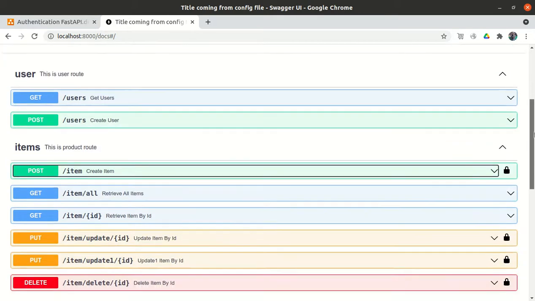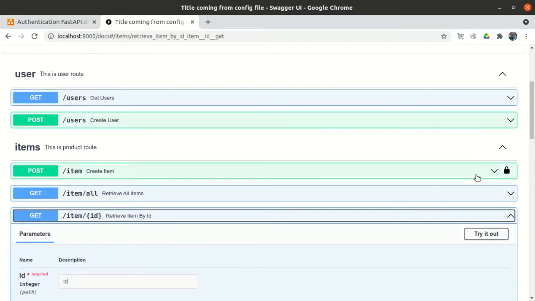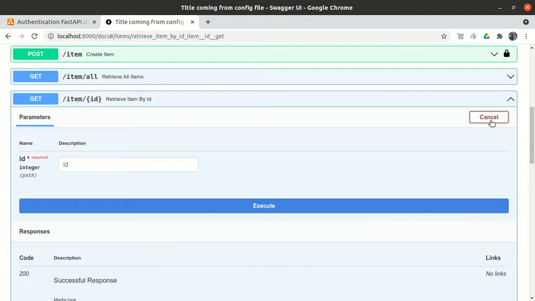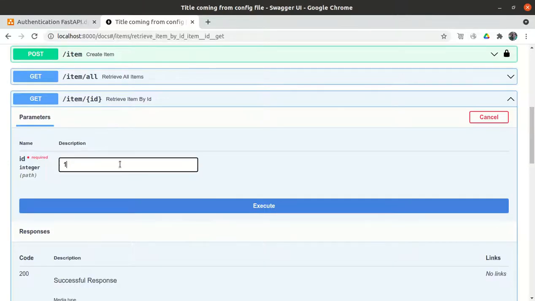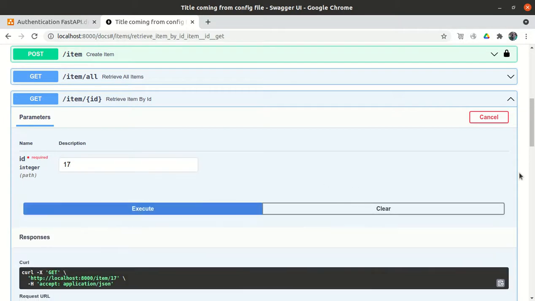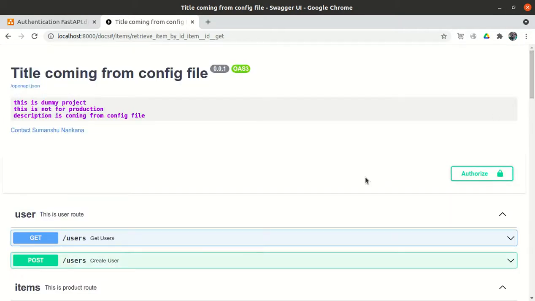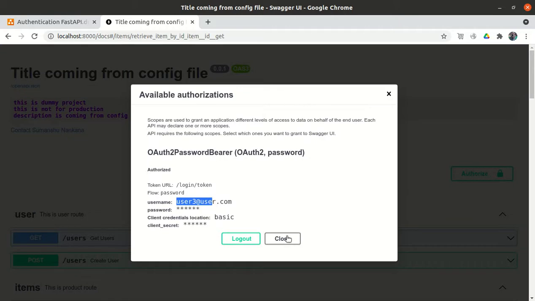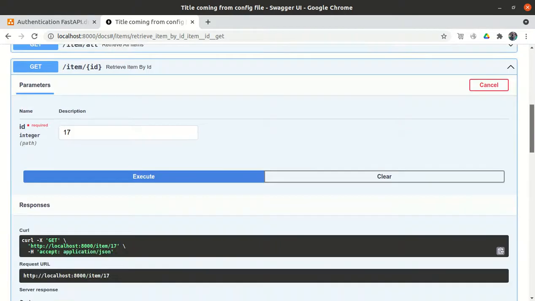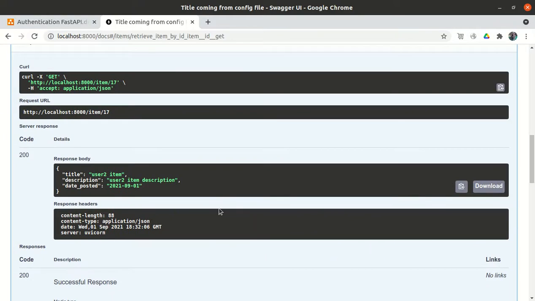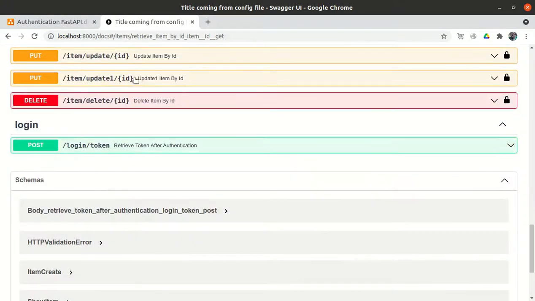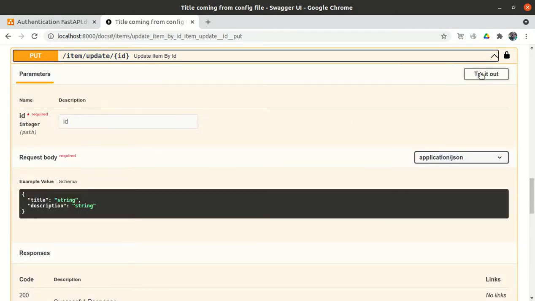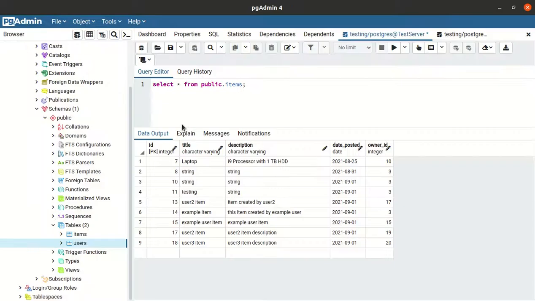First let me retrieve it, because on retrieve anyone can retrieve any item as there is no lock. What is the item number? 17 for user2, but right now I am logged in with user3 only. If you want to check, you can check here. So it is user3 only. Item number 17 exists, which is created by user2, but let me modify it. This second method we have not updated, but this first method we have updated. So let me try it out. What is the item ID?